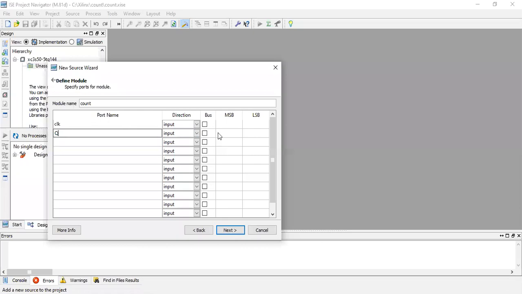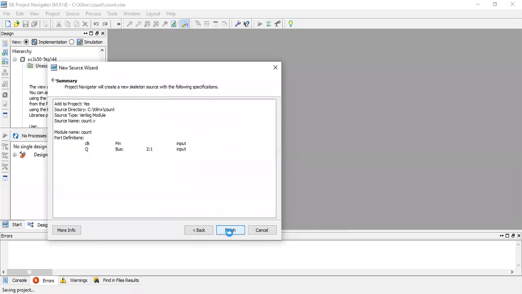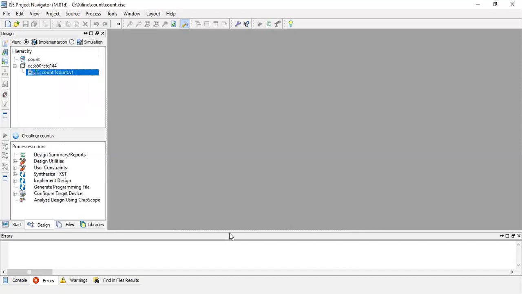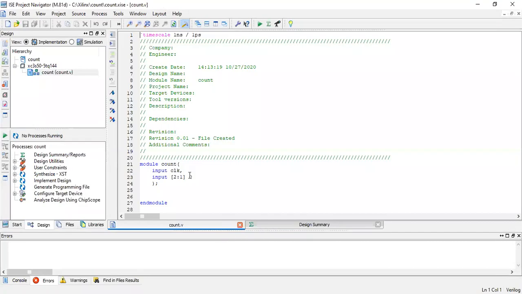Q is 2 down to 0. 3-bit only I did. Now I got a count. Output is Q. Input is clock.